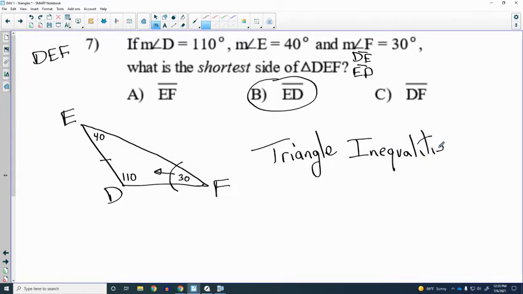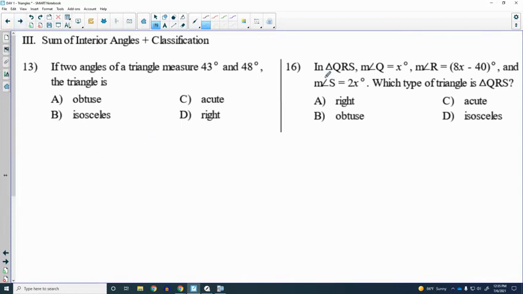Okay, so for homework, your substitute teacher could go over some of the other ones and answer some questions, but let's jump now, or pause the video if you want to go over more of those. But I'm going to go now to part three, which is classification. And of course, it incorporates understanding the sum of the interior angles of a triangle, which we know coming into this class will always equal